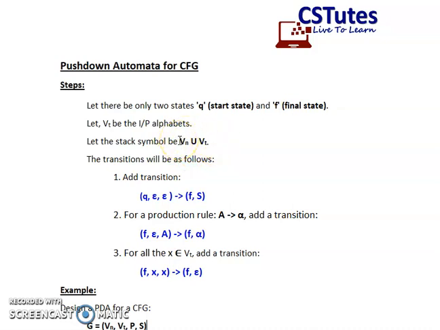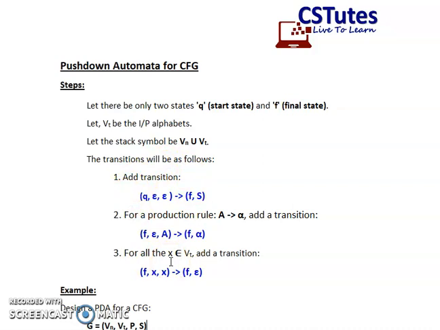So for your pushdown automata, the value of the set gamma will be considered to be the union of Vn, the set of non-terminals, union Vt, the set of terminals provided in your context-free grammar. Now you need to add three types of transitions into your pushdown automata